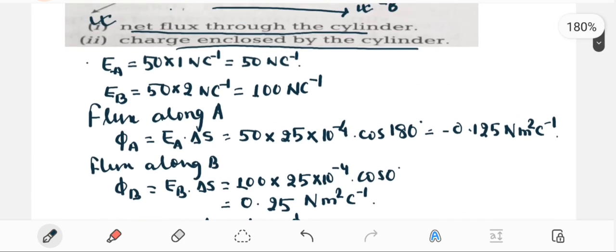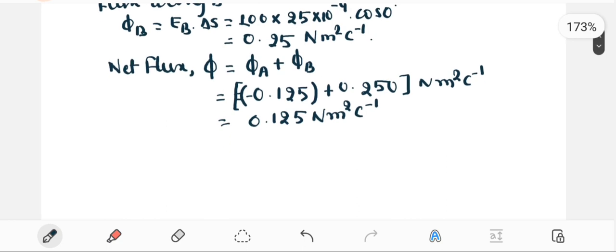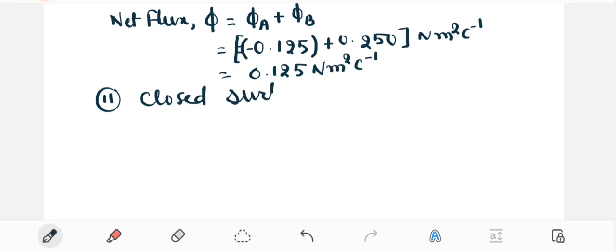Now the second part of the question says the charge enclosed by the cylinder also needs to be found. When we are talking about the cylindrical surface, we talk about a closed surface in which the flux is being linked. So whenever we talk about a closed surface, we have to use